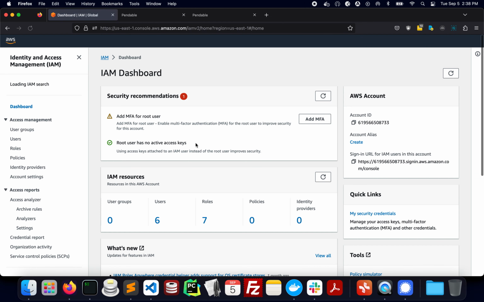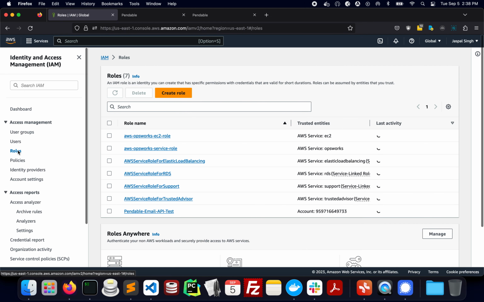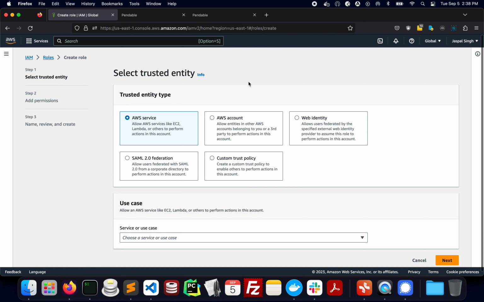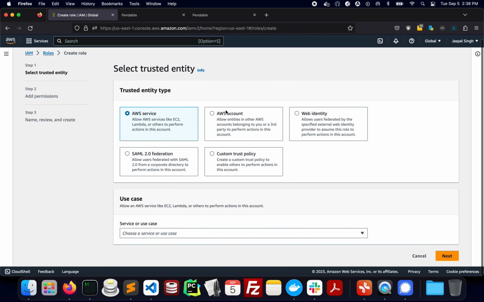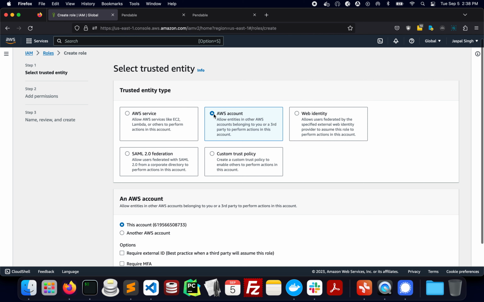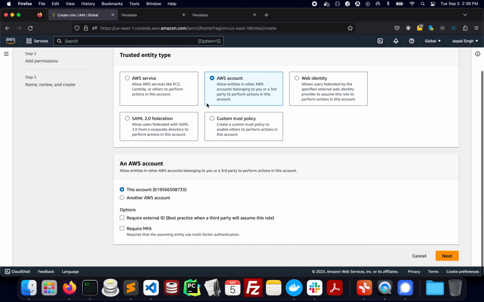Here we go. So here in roles, you want to create a new role. What we'll be doing here is creating or linking Pendable's AWS account to this particular role and giving it the required permissions. So I'll select AWS account here, and in an AWS account, which AWS account you want